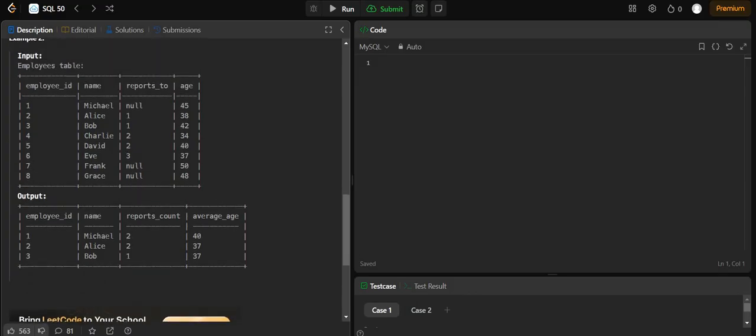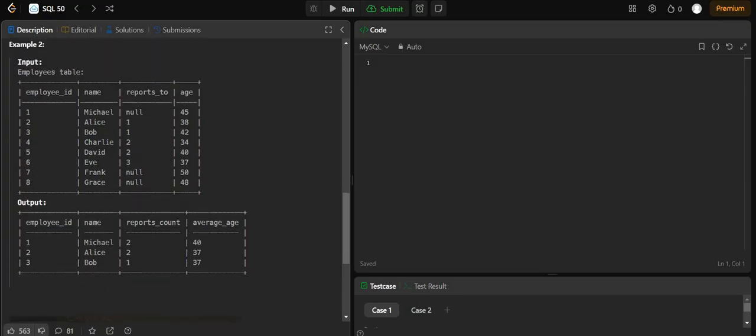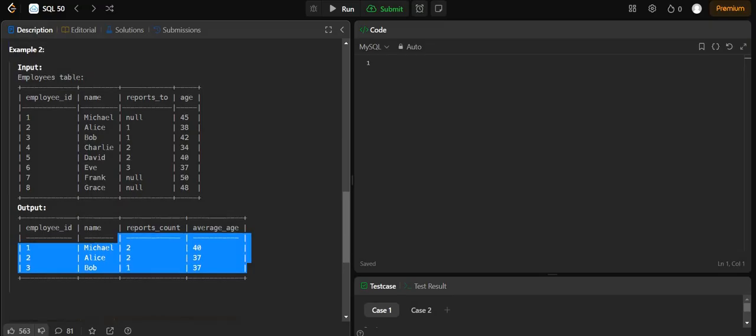Again, we have another table where we have some employees, their names, whom they are reporting to, and their age. According to the Employees table above, we have employee IDs 1, 2, 3 as managers, and there are 2, 2 and 1 employees reporting to them. This is the count of total employees reporting to them, and we have their average ages. Okay, so let's understand the